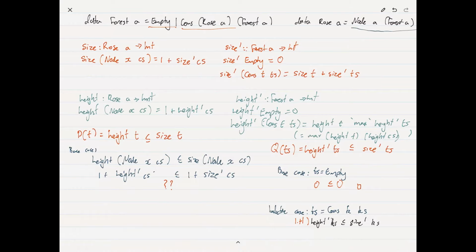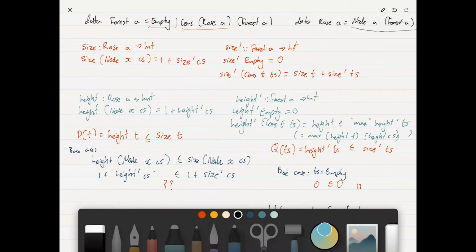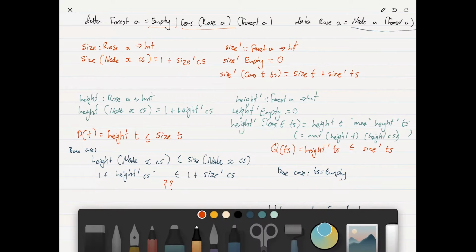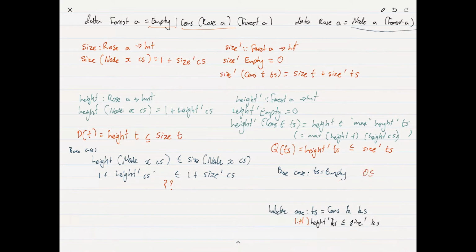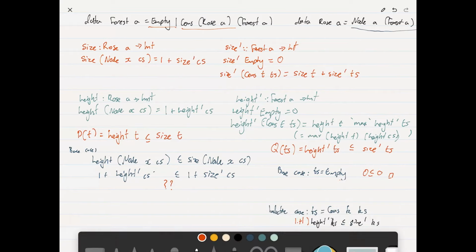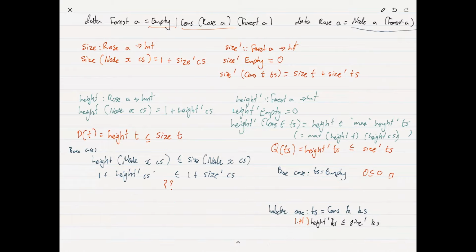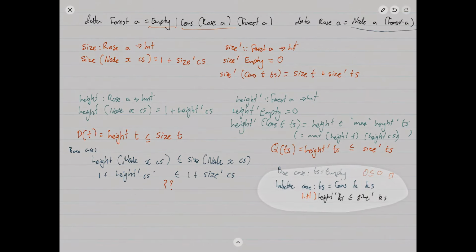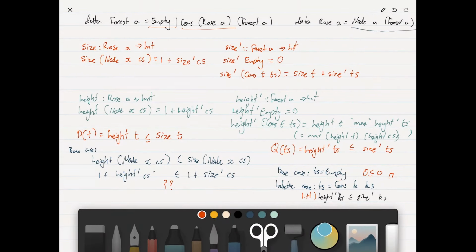And what we have to show, I'm running out of space, so what I'll do is just condense this a little bit. So this is now 0 less than or equal to 0. That's that. And we can grab this and move it up like so. So now what I want to show is